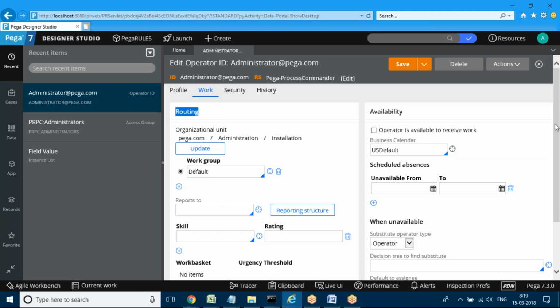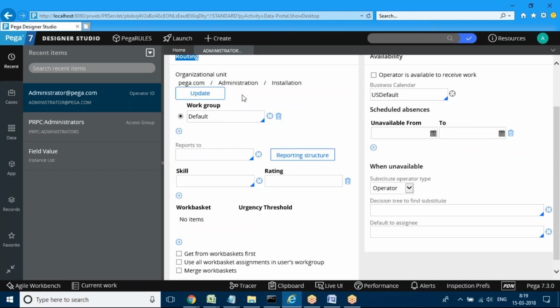And there is something called work group. Okay, so work group is actually created as part of the application setup only. This work group concept also we will get when I discuss the routing concepts. Now it is very early for you to understand these work groups and all. In the coming classes you can understand those things when I discuss the routing concepts. And there is something called reports too.